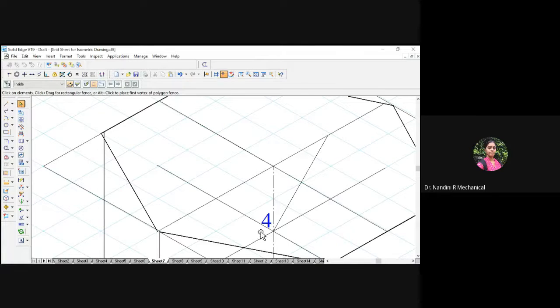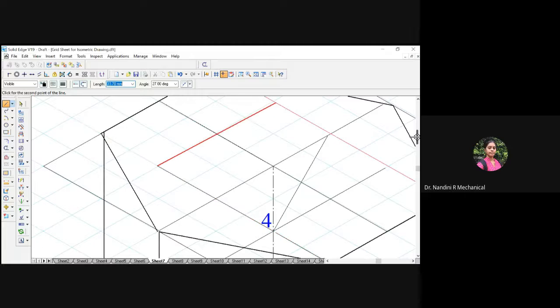Please be careful. Always it should end properly with respect to the dimensions. We can use line. Yeah, exactly.